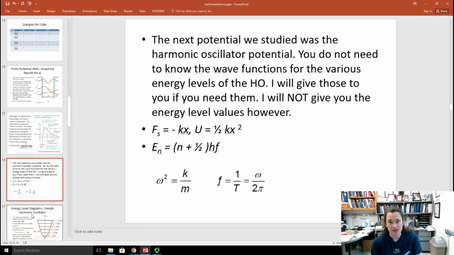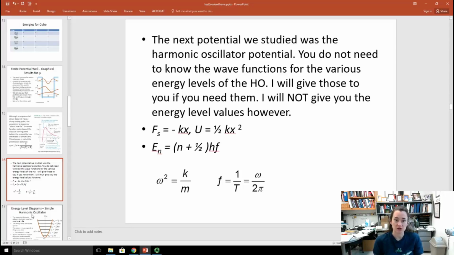The next potential we studied was the harmonic oscillator potential. For the test, I'm not going to require you to know the wave functions for the various energy levels with the harmonic oscillator. I'll provide those to you if you need them, okay? But I'm not going to give you the energy level values. And I'm not going to tell you what the potential is or how to solve for the angular frequency or anything like that. So you're required to know that. So remember that